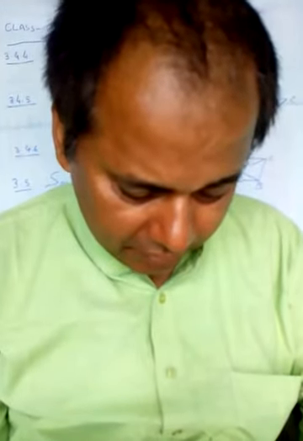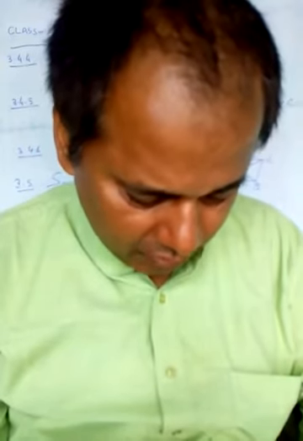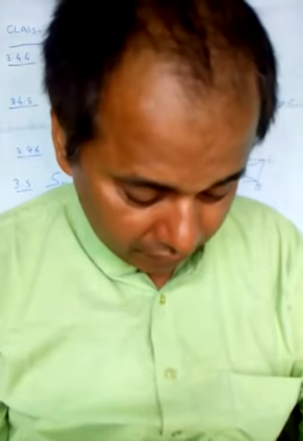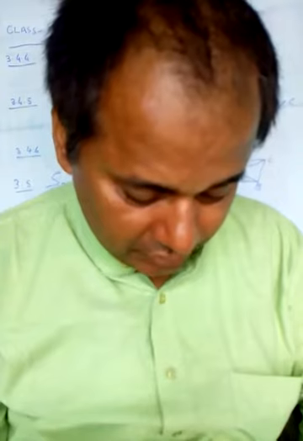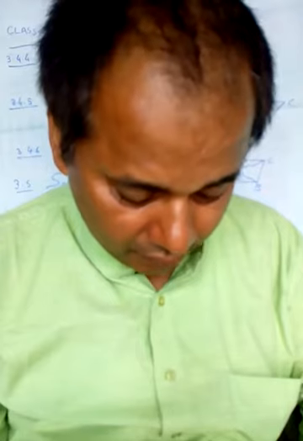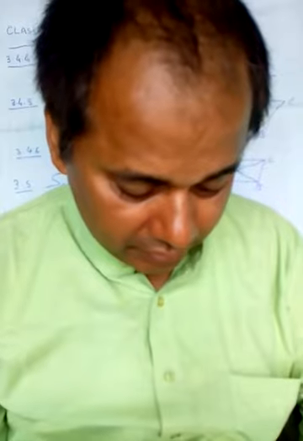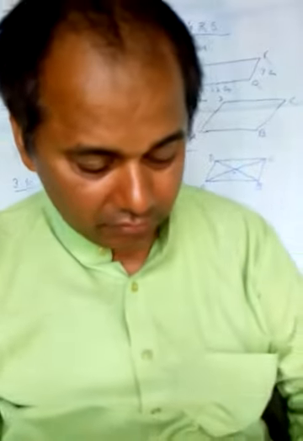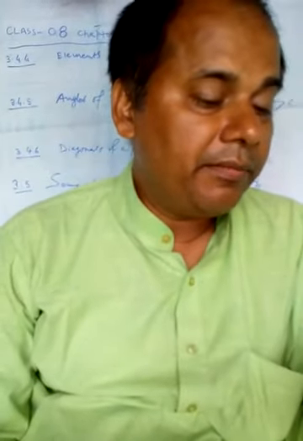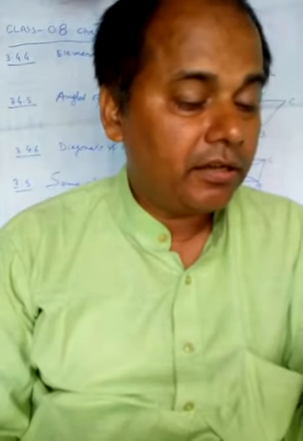Consider a parallelogram ABCD, figure 3.21. Draw any one diagonal, say AC. Looking at it, angle 1 is equal to angle 2 and angle 3 is equal to angle 4. Since in triangles ABC and ADC, angle 1 is equal to angle 2, angle 3 is equal to angle 4, and AC is common, by ASA congruency condition, triangle ABC is congruent to triangle CDA. This gives AB is equal to CD and BC is equal to AD. That means opposite sides are equal.